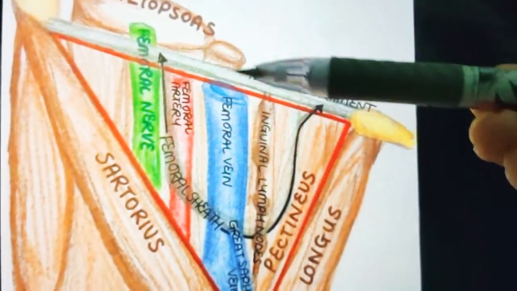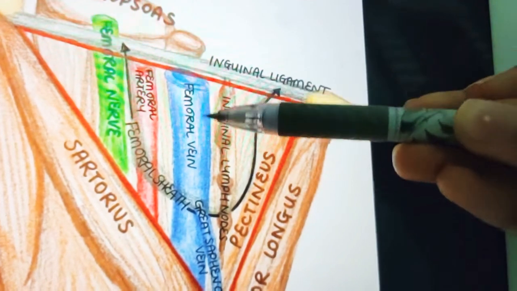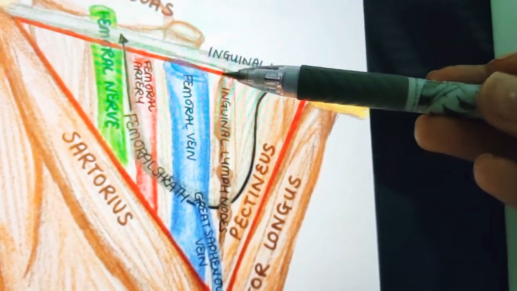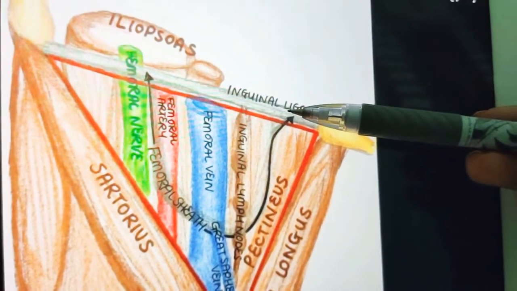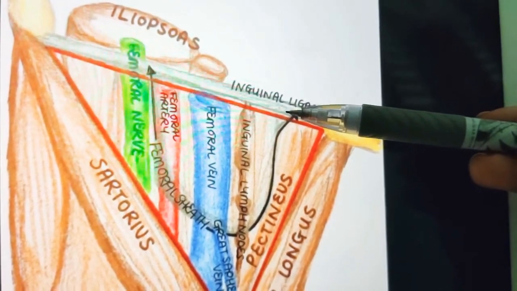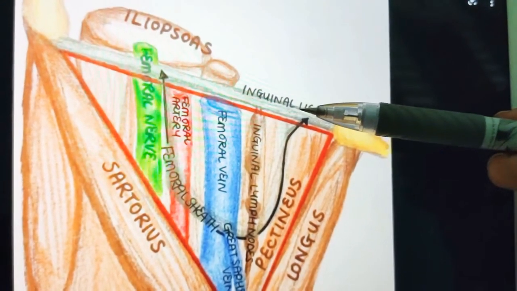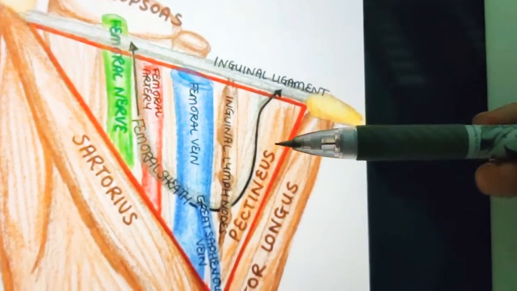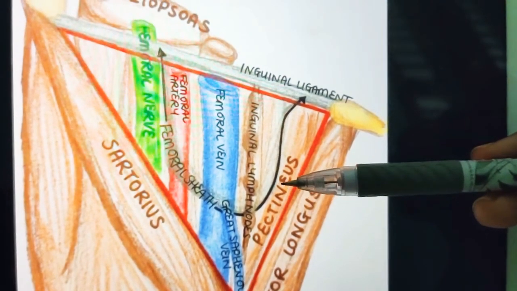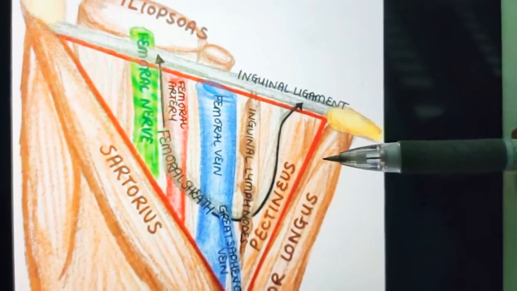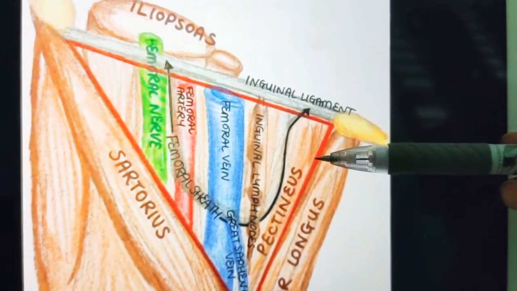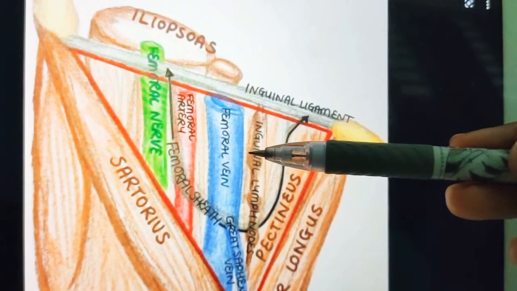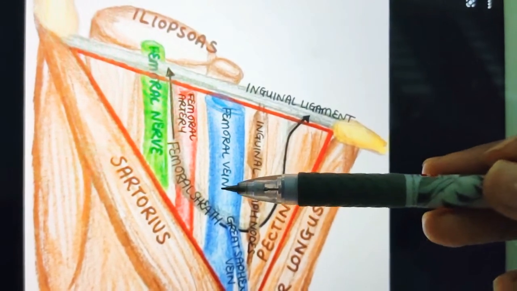Let us see it in a diagram. Here you can see the inguinal lymph nodes in the femoral canal, and also the femoral ring. Anteriorly you have the inguinal ligament. You can see here this is the inguinal ligament. These boundaries are important in the case of our femoral canal. So anteriorly the inguinal ligament, posteriorly pectineus and its covering fascia. Medially it has the concave margin of the lacunar ligament. And laterally it is bounded by the septum separating it from the femoral vein.